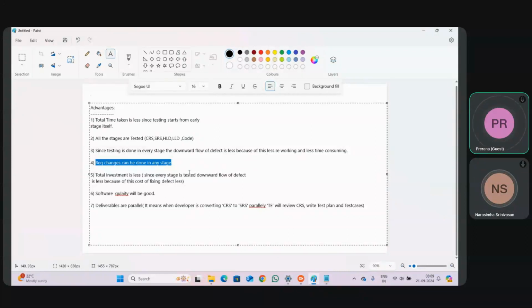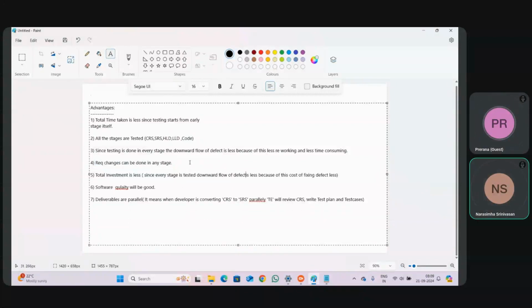We are telling, okay, whenever you want, you can change the requirement. But in the waterfall model, we restricted the customer. Now the customer is happy because we have given him access to change the requirement whenever he wants. So any new thoughts you want to give as a requirement, he can give to us.